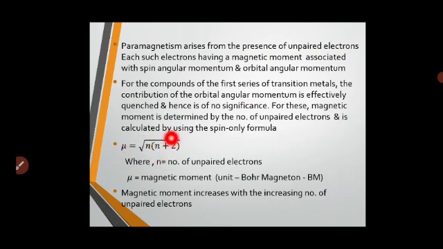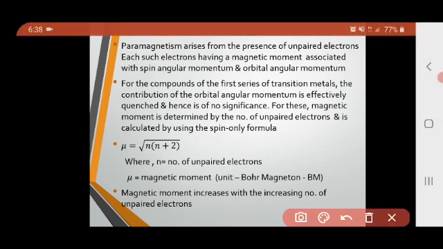square root of n into n plus 2, where n is the number of unpaired electrons and mu is the magnetic moment. The unit of magnetic moment is Bohr magneton, which is shown by capital BM. Now how do we calculate this number of unpaired electrons? For that again one formula is there. What is that? It is Z minus